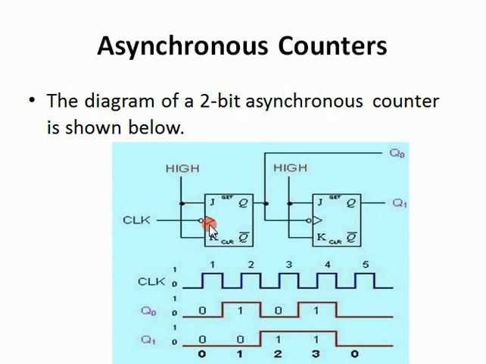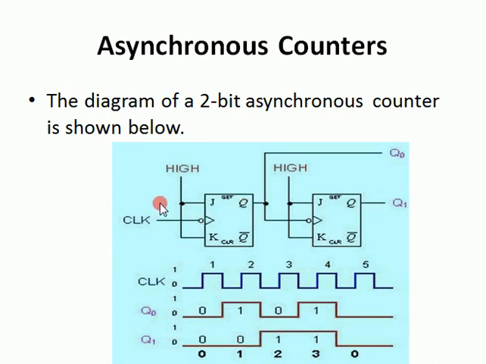So here this sign is showing that these are edge triggered flip-flops. And the second thing is the bubble here, which means it is falling edge triggered, that the transition occurs when there is a falling edge. Here it is the falling edge. Similarly, it is the falling edge at this clock. Similarly, here it is the falling edge. So the flip-flop will be triggered at these points.